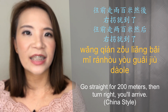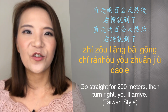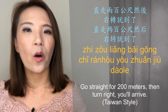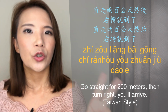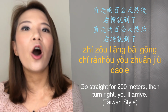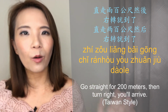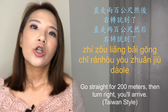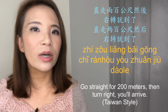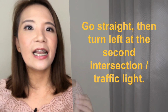The Taiwan style would say 直走200公尺，然后右转就到了。直走, go straight, 直走200公尺, 200 meters, 然后, and then, 右转, turn right, 就到了, and then you will arrive there. 直走200公尺然后右转就到了。